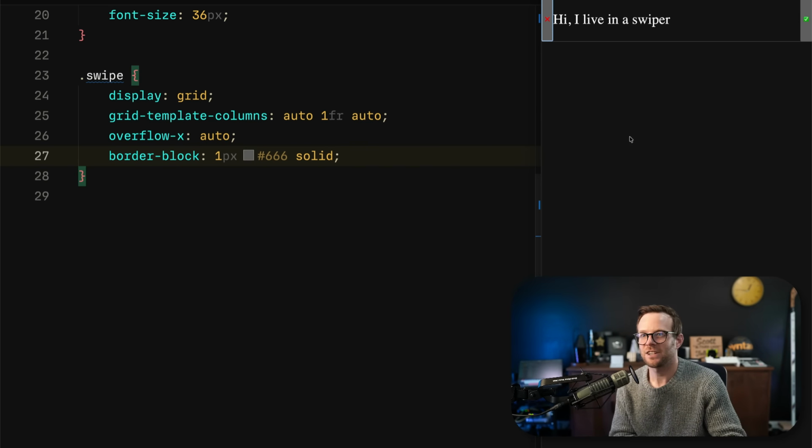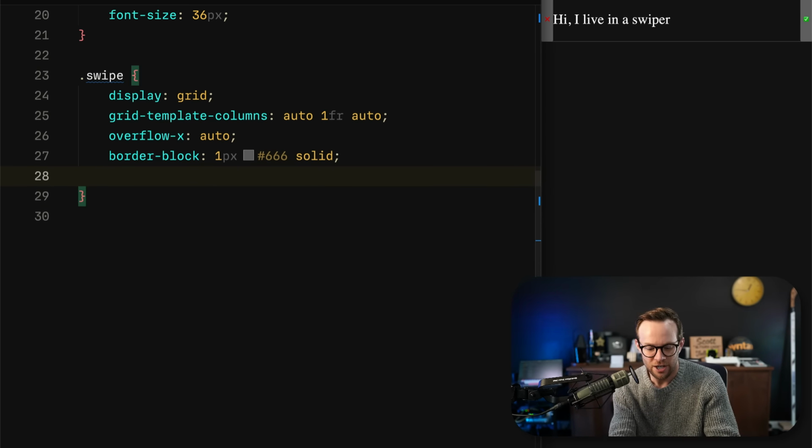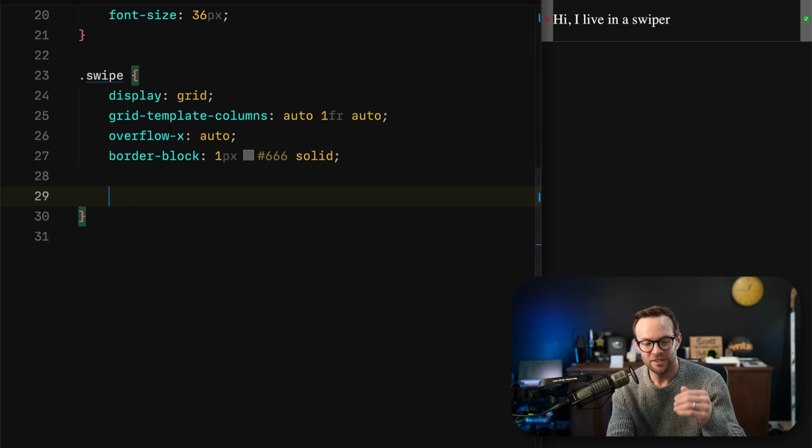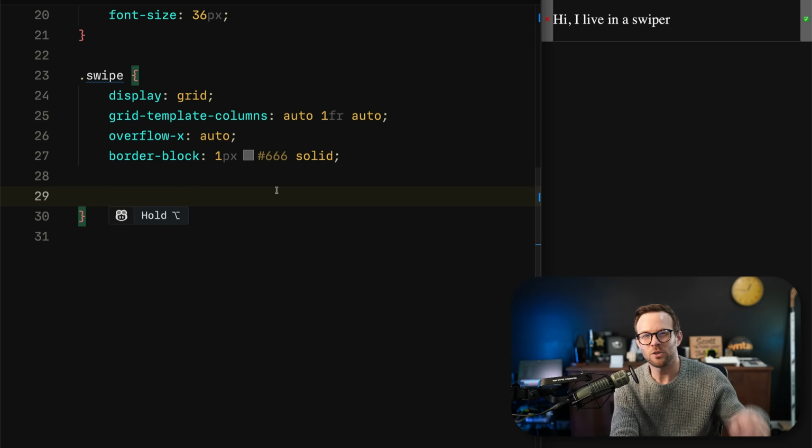This part's unnecessary, but it's nice to have for the demo, okay? So the next thing we want to do is target the second child. The second child is going to be this main div section right here, okay? And because it's always going to be 3